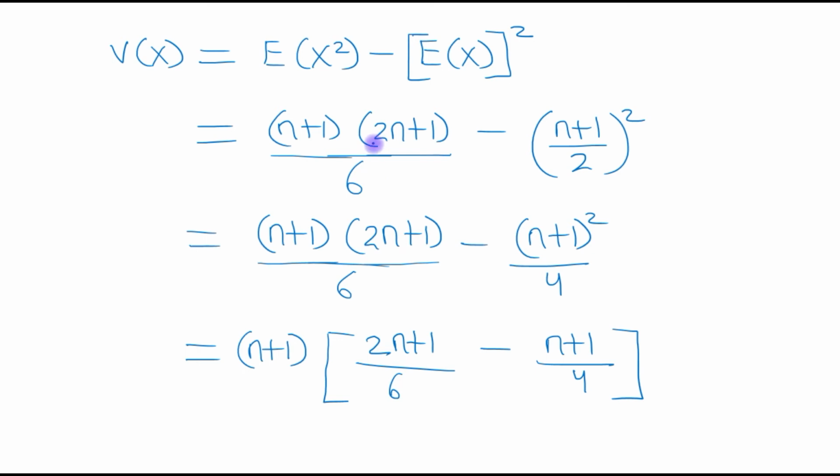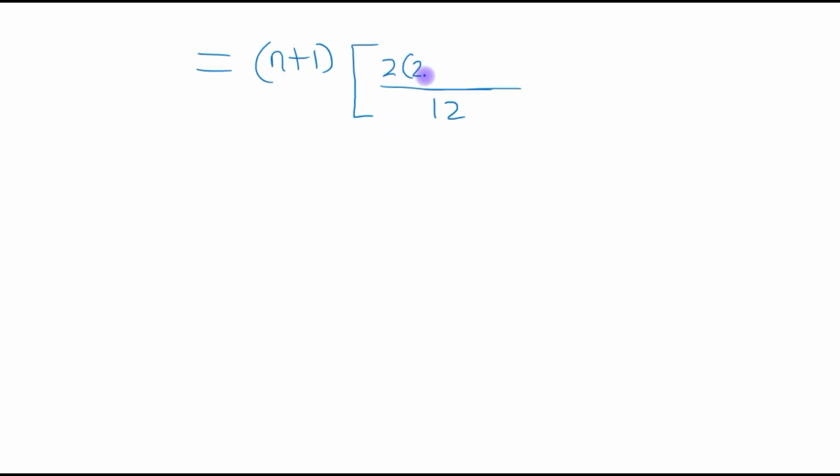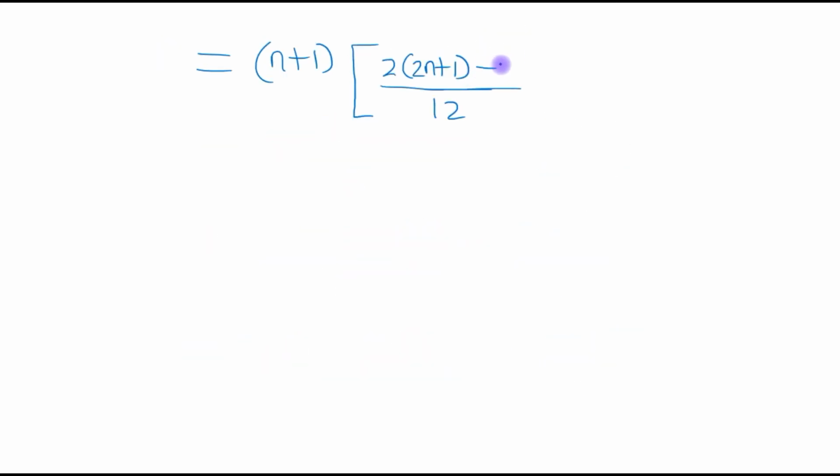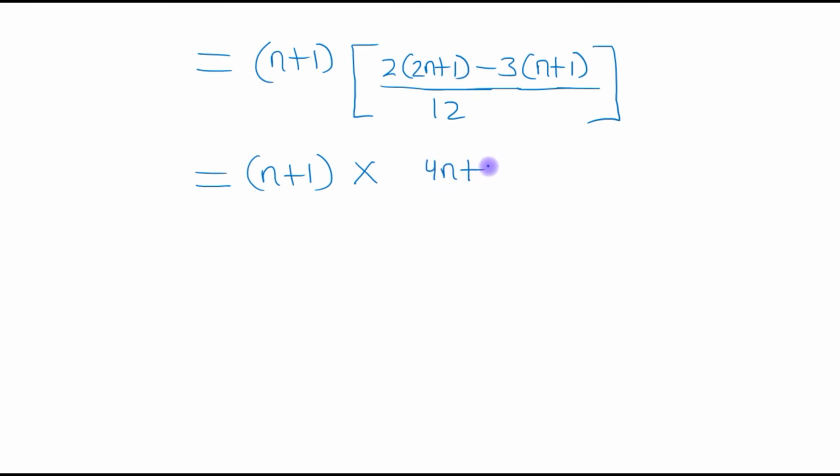So this will become 2 times 2n plus 1 minus 3 times n plus 1. Then n plus 1 times this will become 4n plus 2 minus 3n minus 3 upon 12,